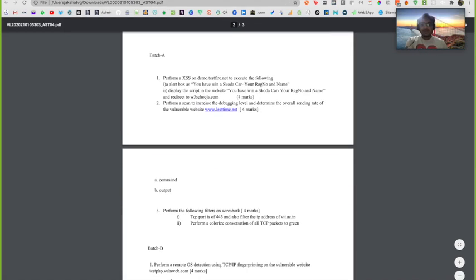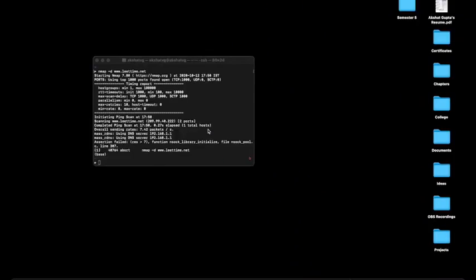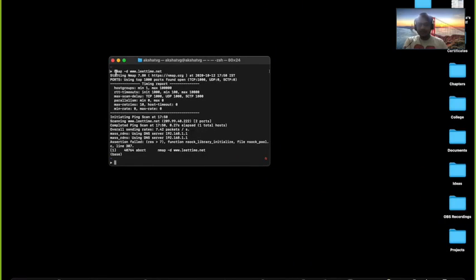For the second one, we had to scan the debugging level and determine the overall sending rate of the website leadtime.net. So I used Nmap for this. For Nmap, I just used the command nmap -d and the website name. So it started Nmap on my terminal and it created a timing report. It gave out all the data needed, and then the overall sending rates, which is part 2 of the question, was returned over here, which used the DNS of the given website, and finally it gave us the